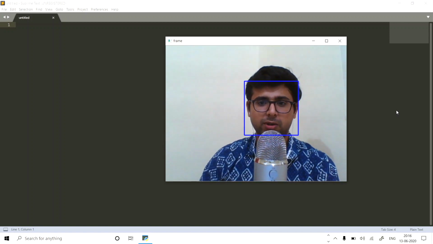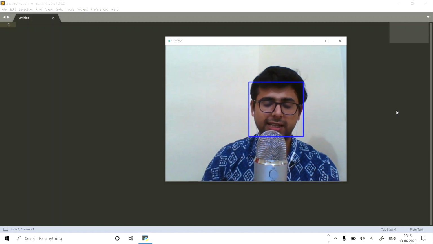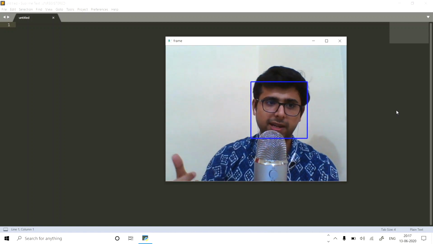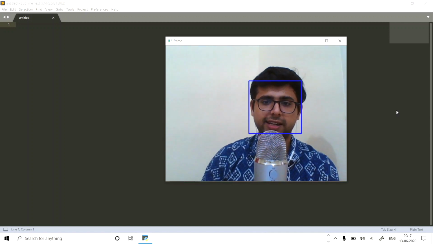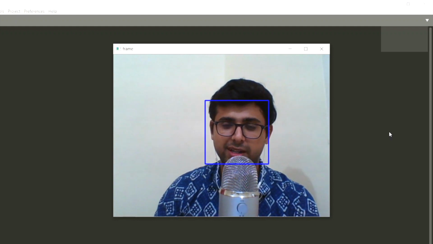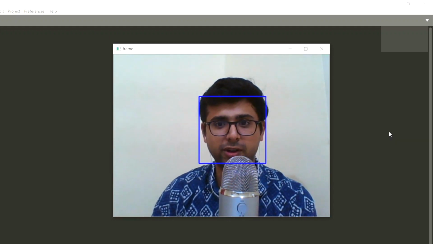So guys, if you want to try out the other examples I showed you in the beginning, like detecting a hand or even eyes, all you have to do is just replace your Haar Cascade XML file. I can't guarantee that all of them will work perfectly, but try it out and tell me in the comments if some of them work for you.